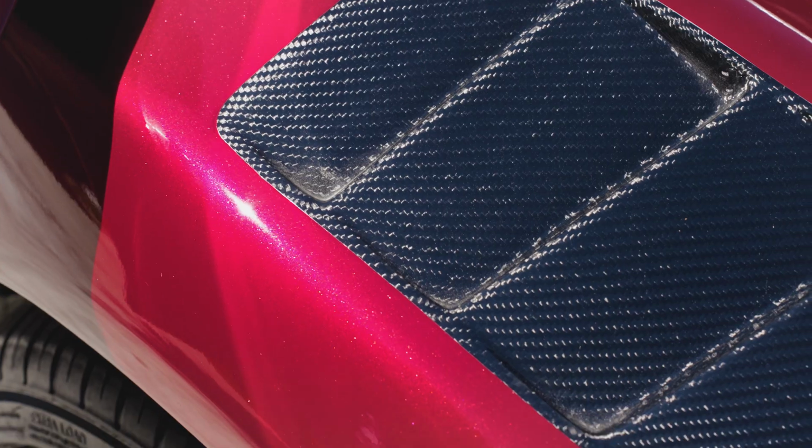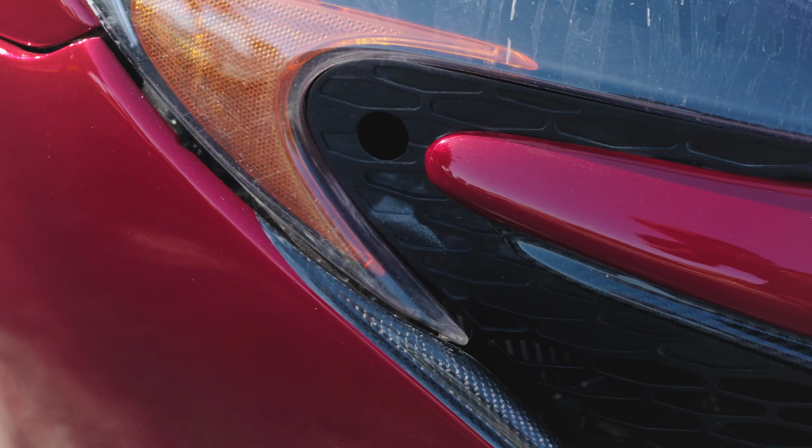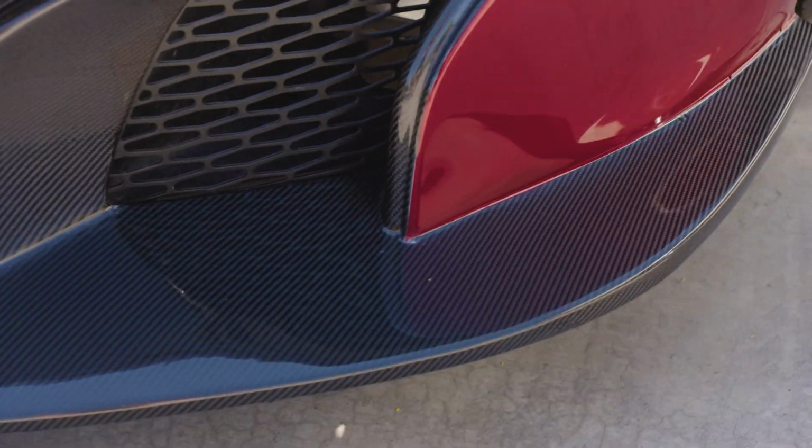Very well done. They did a great job masking everything off, and all the joints where the bumper meets, everything, they masked off so well. And they clearly just went above and beyond on this. Really good work. So obviously the main question here is who did the paint and how much did they charge